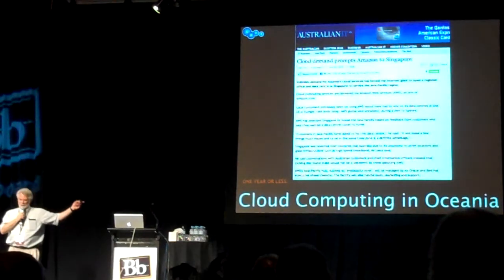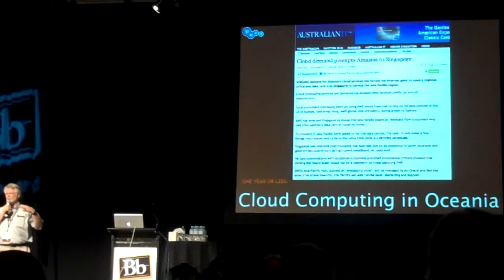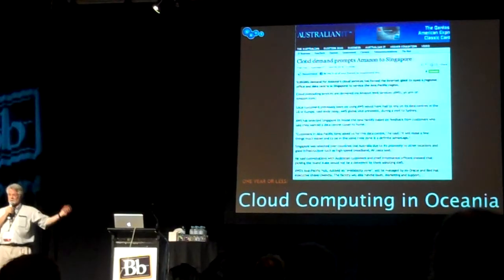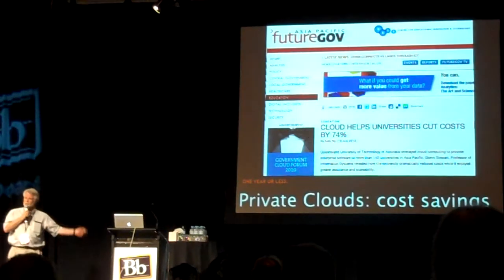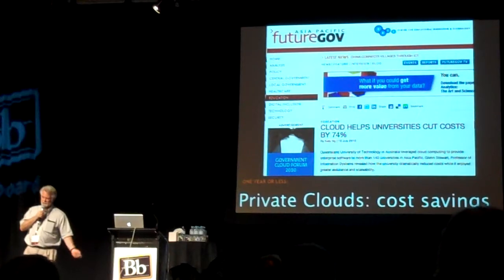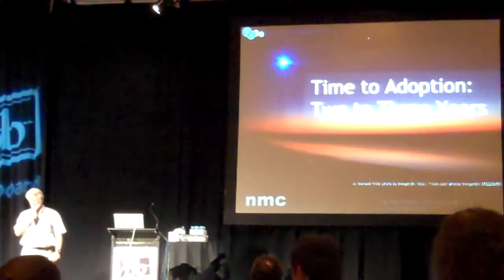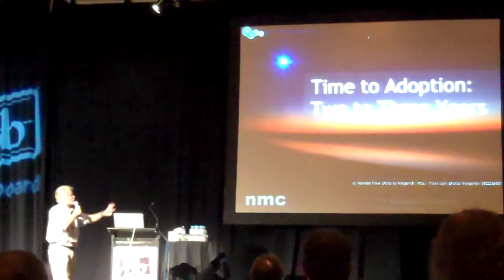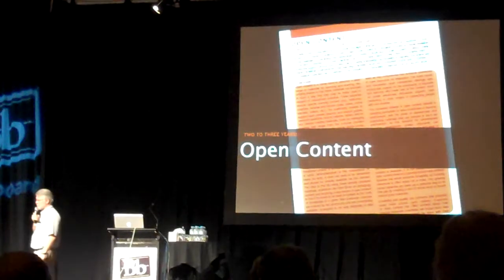Examples in this case are Amazon, for example, moving its major server farm to service the Southeastern Asian market to Singapore, or Curtin University and QUT embarking in major cloud computing projects, both for saving money and also for scaling dynamic demand. In the 2 to 3 year time frame, we have open content as a major influence on teaching,